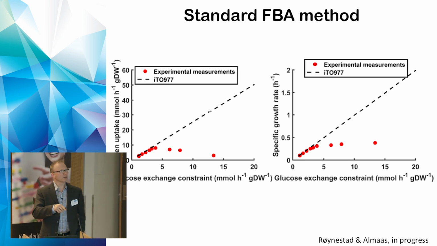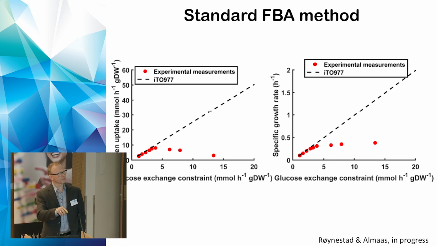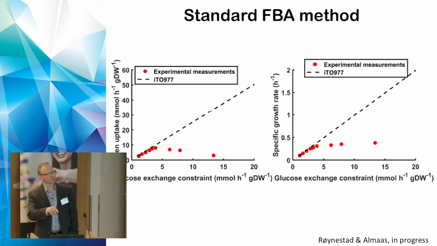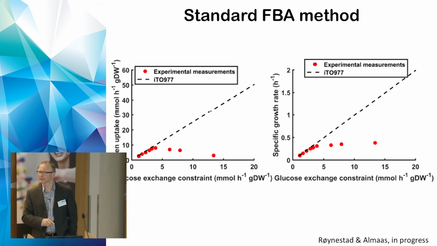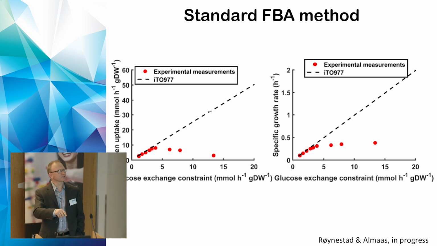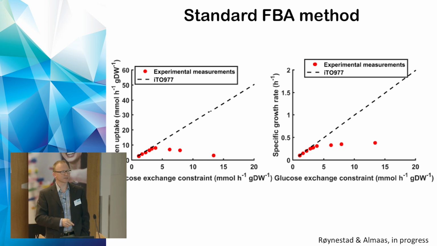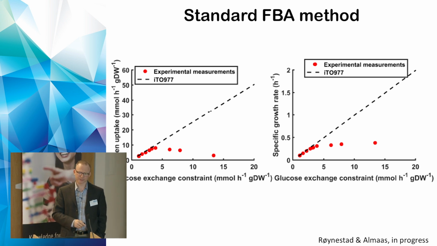This is using the same model on yeast. And whoops, we see that something is not going so well. This is among the best models available. These are experimental data points for yeast growth. This is growth rate, and this is glucose uptake. As the glucose uptake rate increases, growth increases up to about a level of 0.3, and then it plateaus. This computational modeling just says it should go forever up, up, up, up. More glucose, more growth, excellent. But that's not what happens. How can you understand this?